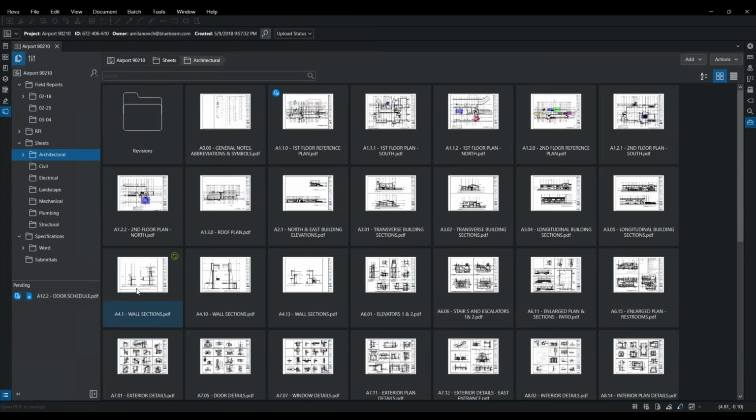So this is what a completed project might look like as you go through this process. And this is what we're going to build today on a much smaller scale, but this is how you can use it.